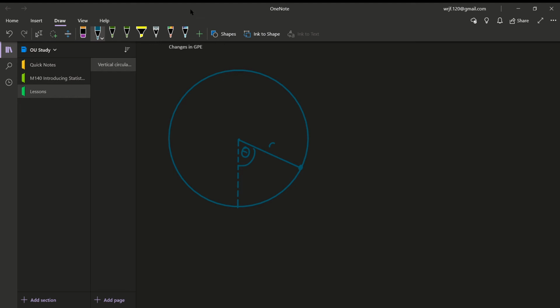In this video I want to look specifically at the method for calculating changes in height during vertical circular motion. This is really going to be used when you're working out changes in gravitational potential energy, and the way that you calculate height when the particle is not at either the top or the bottom. Usually situations start with the particle either at the top or the bottom, or they don't have to, but